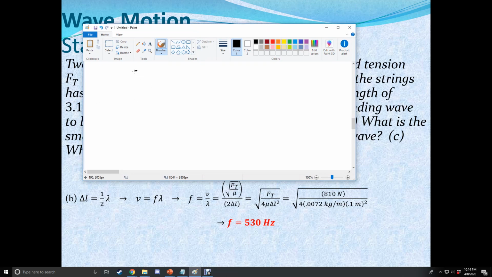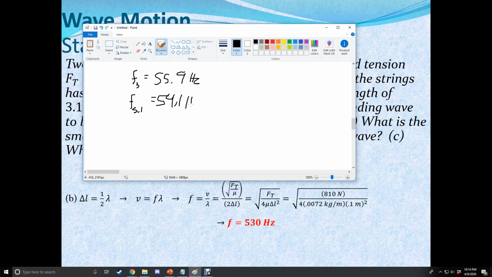So for the first string, the one that's 3 meters, it would have had a fundamental frequency of 55.9 hertz, while the next one would have had a fundamental frequency of